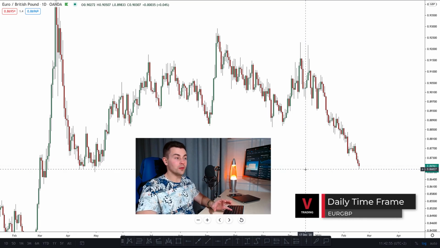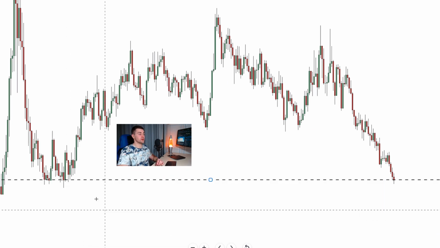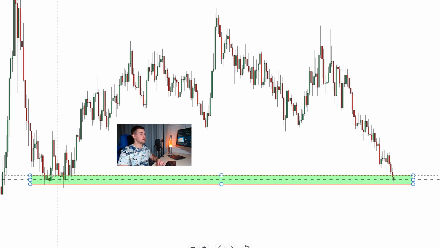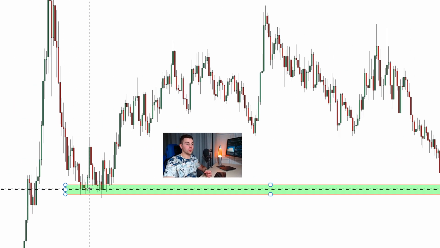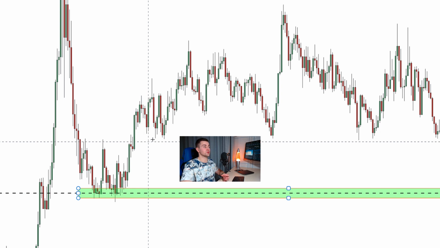And for our analysis here, we will take again the Euro-Pound pair. Why this pair? Because if we look left at structure, you can see that right now on the daily the price is approaching a very strong key level. You can see that it is a very strong historical level. This 0.87 level was very nicely respected in the past, and we saw the initiation of a strong bullish trend